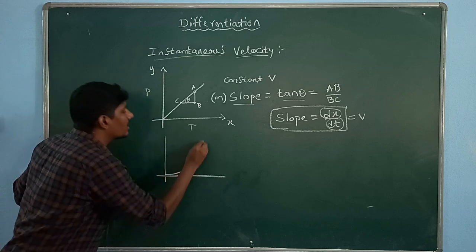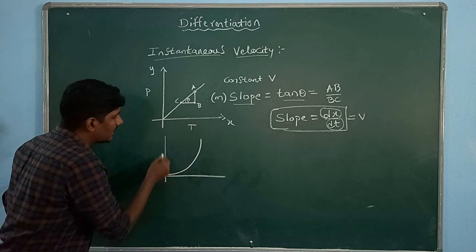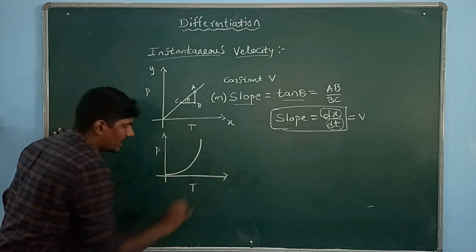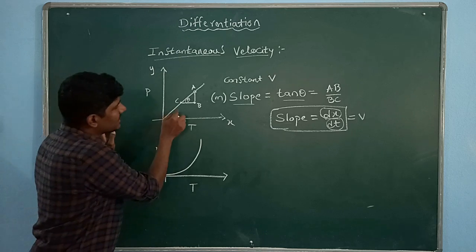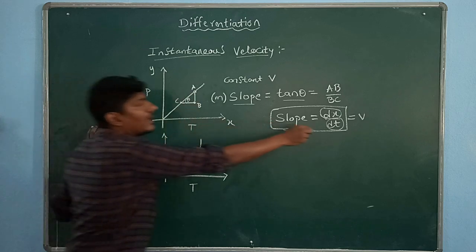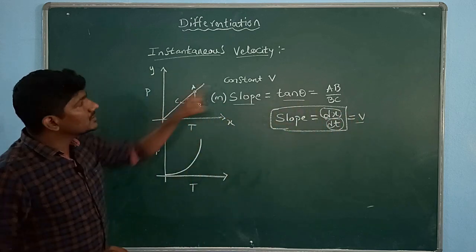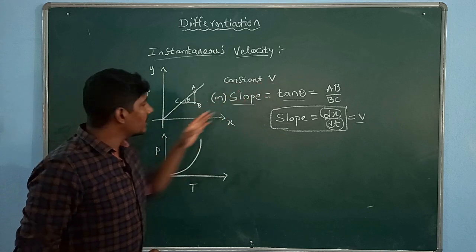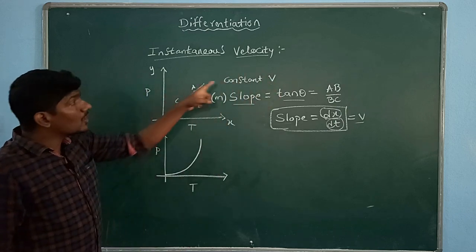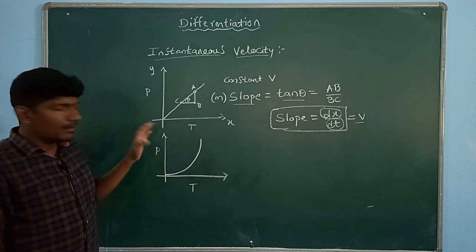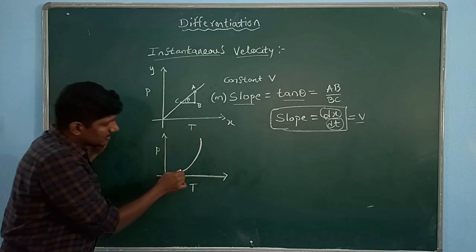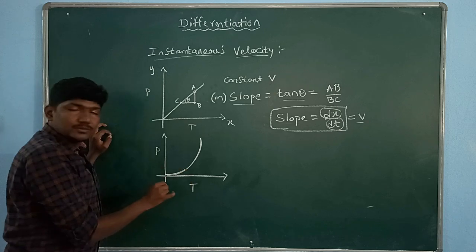That is non-uniform. See, the curve is not straight here. Here we have position, here we have time. One speciality about the earlier graph is, if you take slope anywhere along this line, the V value will be same. Why? Because it is constant. Along this line V value is same, so it is called constant velocity or uniform motion. But in this graph, the line is curved. It means velocity changes from point to point.